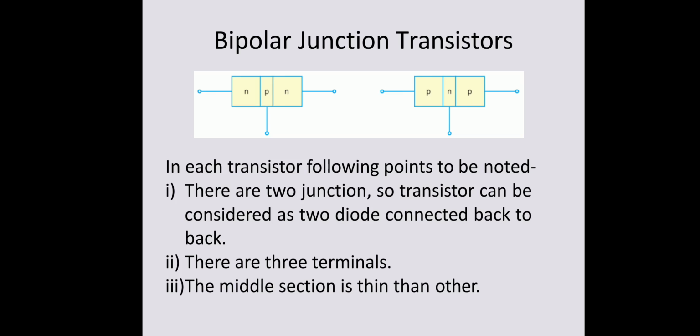The middle P and middle N are very thin. Why? If the middle region is very small, most of the charge carriers can reach the collector base junction without recombination. So we can increase the current through this reverse biased collector base junction,